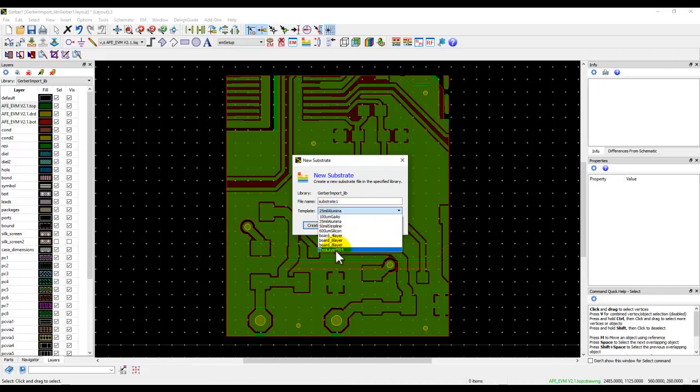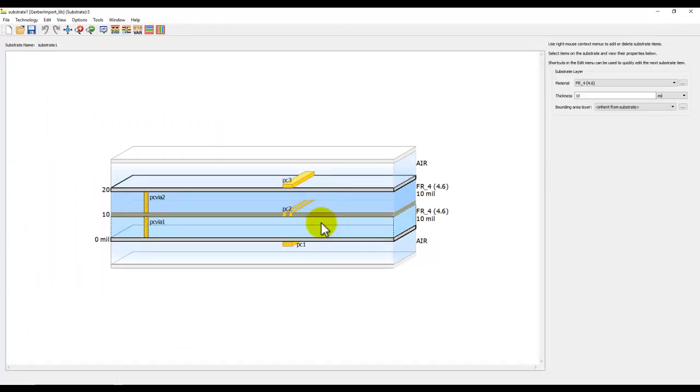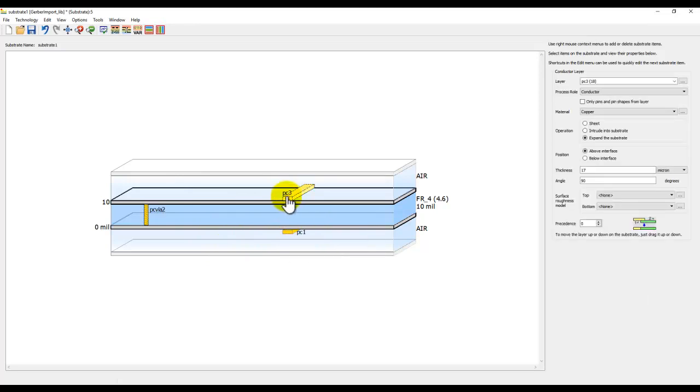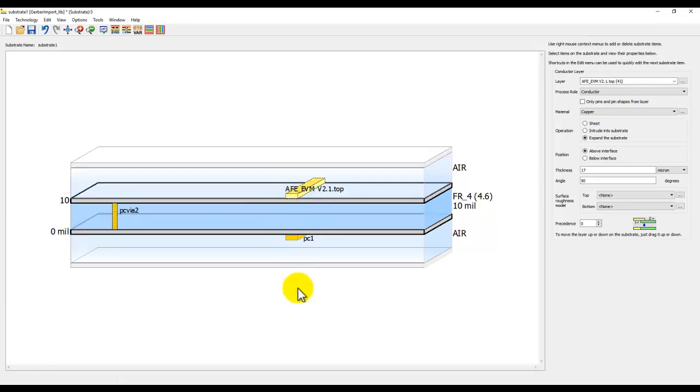So we can go ahead and pick the two layer FR4 substrate, and create. Now I have some template. I can go ahead and right click and delete this section with our interface. Now I have the representation which looks pretty much like my layout. I will select the first metal on the top, and here I need to map it to a top layer. So I'll go ahead and select top, because this is one step which is missed by a lot of designers, and they keep wondering how to do that. Now select the bottom layer here, and let's assign the bottom layer of the imported Gerber file. We have the bottom, we have the top.